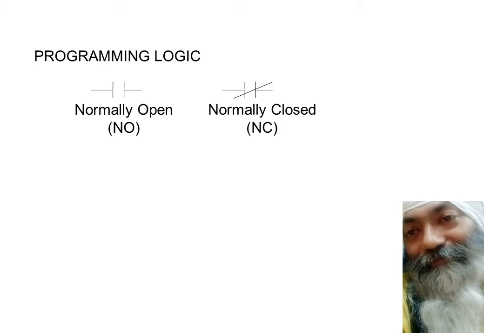When the normally open is not energized, we say its state is false. When normally open gets 1, its state becomes true. But in case of normally closed, when it's 0, then it is true, and when it is 1, it becomes false, because you can see it's just the opposite of 1 and 0. Normally closed, when it is not energized, its status is true, right? And when it becomes energized, it becomes false.